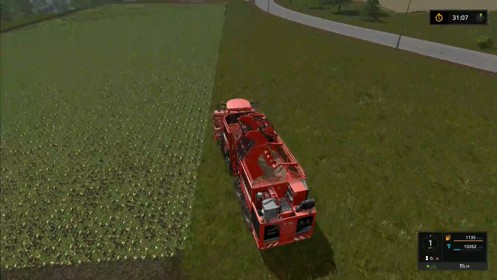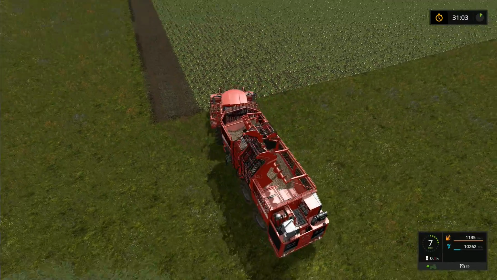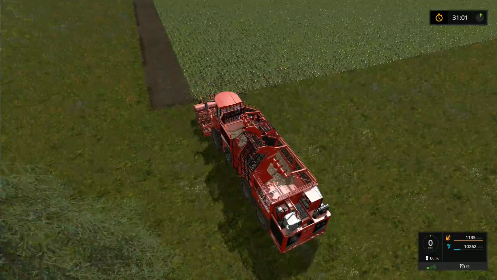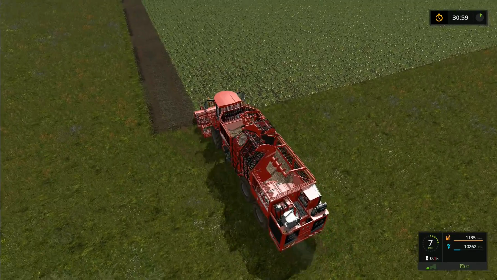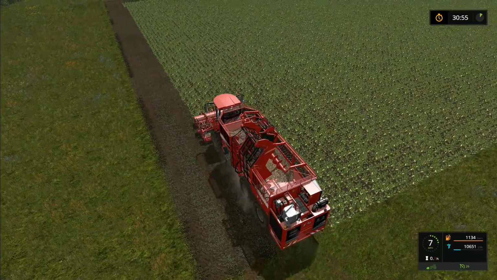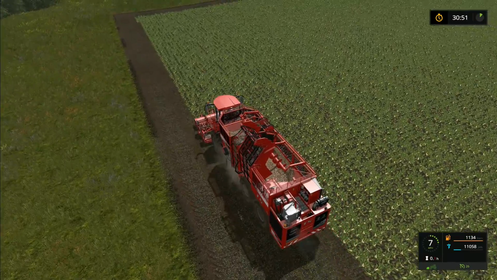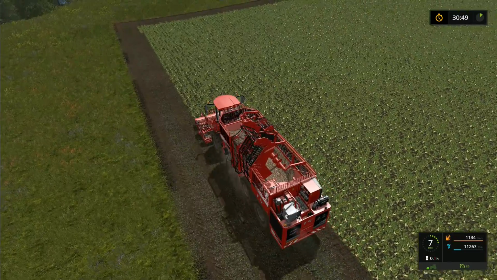Pretty sure I need to do at least two at this end. So we will do another one at this end, so that it's easier for turning for the GPS, because otherwise it makes a bit of a mess of the field. So if we just come down through here, I may end up having to do another one. I can't remember if it's 2 or 3 passes that we ended up needing